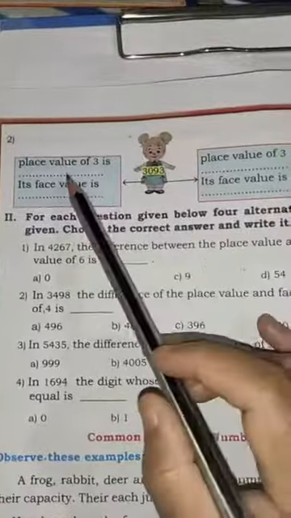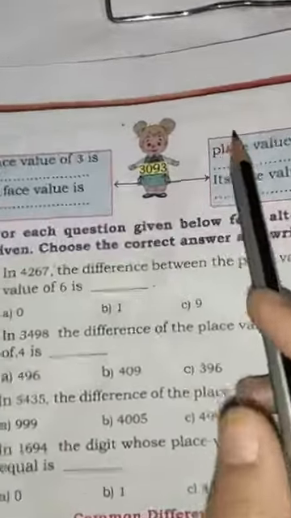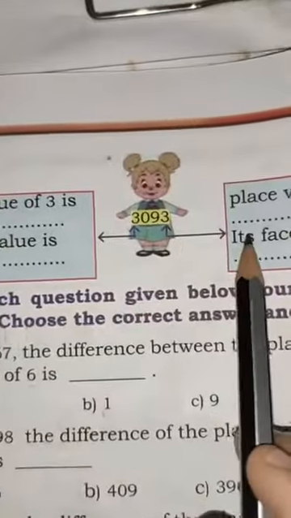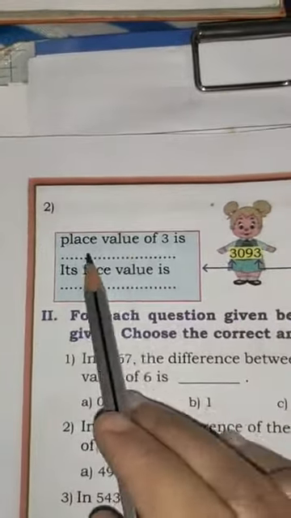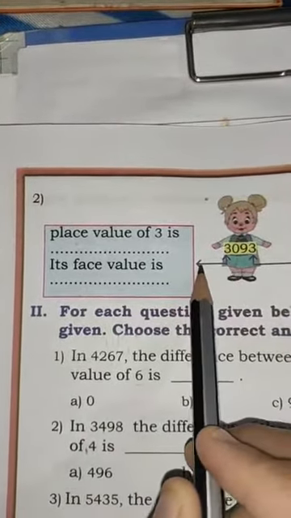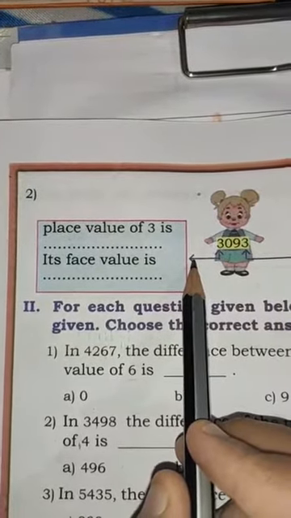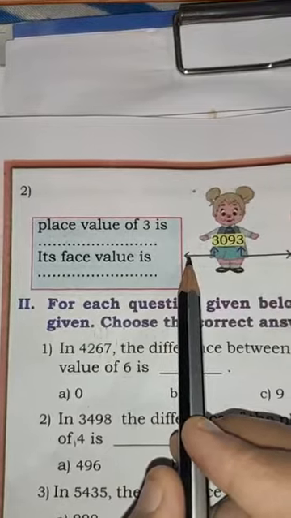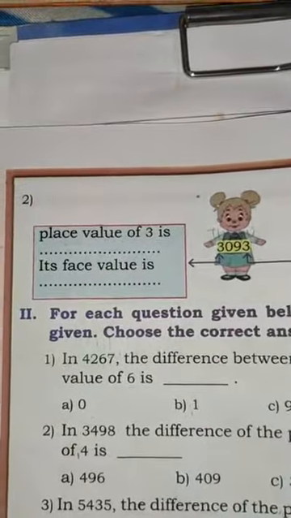Now, you only have to tell me what is the place value of 3 here and what is the place value of this 3 here. Here are the 2 3s. Can you see here? This one is marked this side and this one is marked on this side, right? So, now you tell me what is the place value of this 3? Tell me, come on. First, what we have to do? You have to just name them as unit, 10, 100 and 1000. Now, you tell me first.